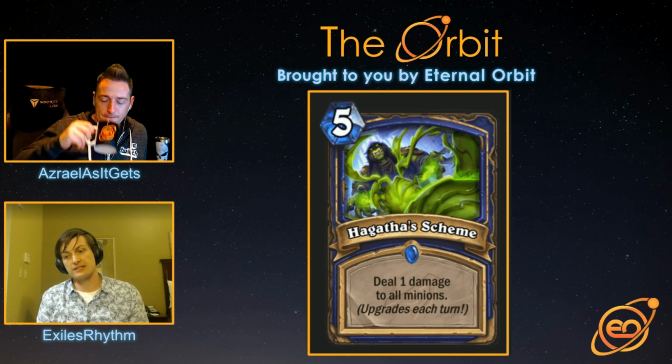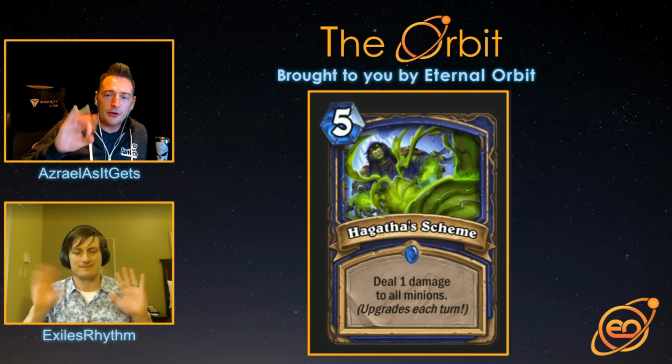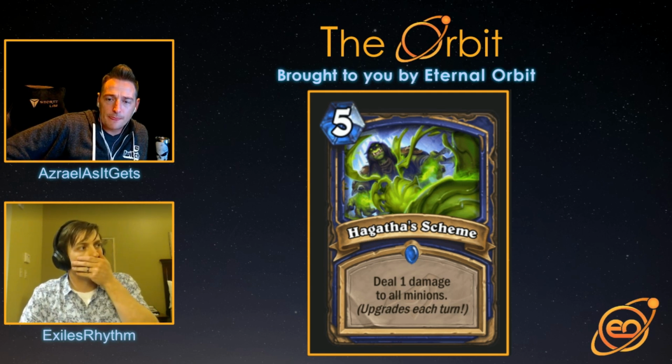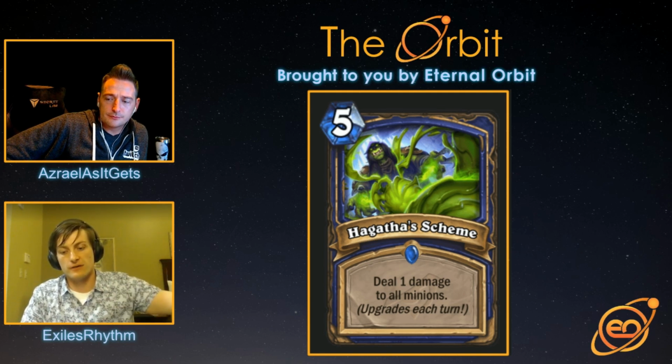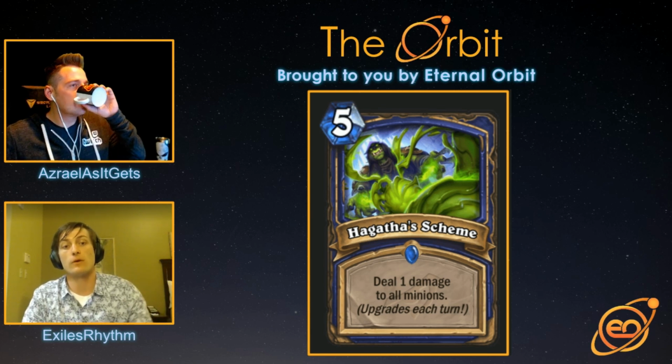So honestly, the sweet spot really is 4 because F4. Oh please, you're good. Sorry, you're good. So F4. It deals with all of the 3 mana cost minions and a lot of the 4 mana cost minions,